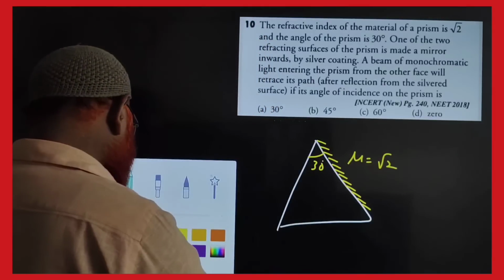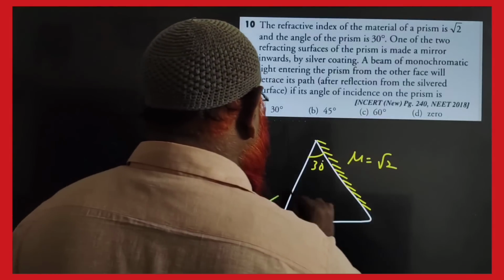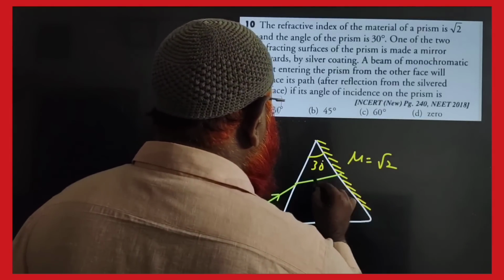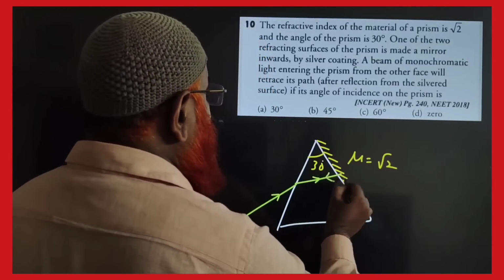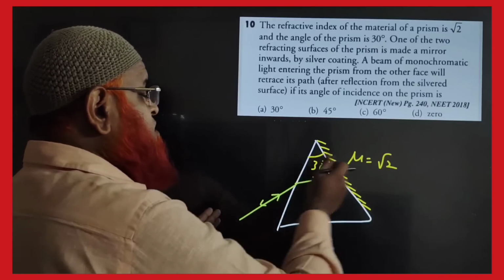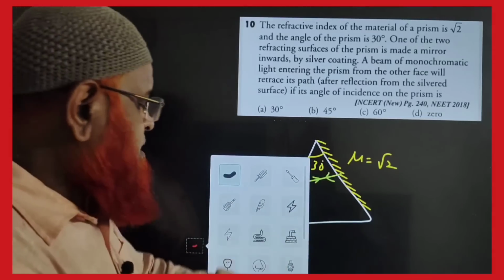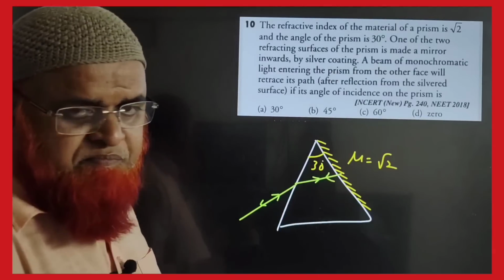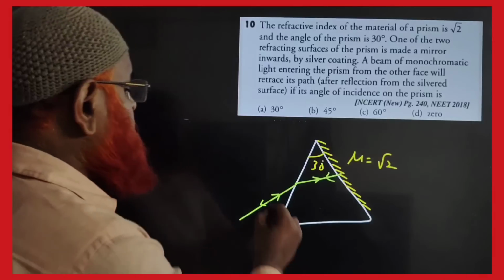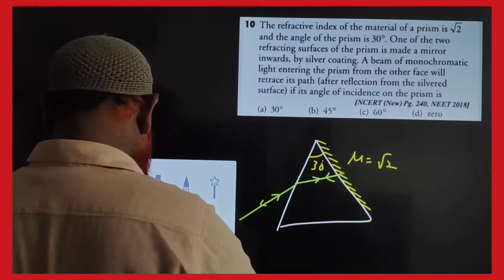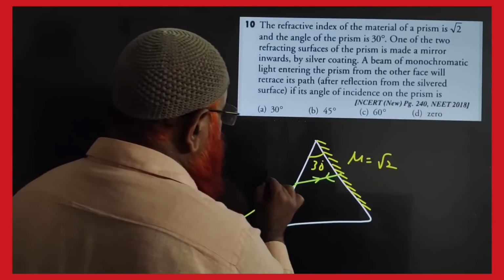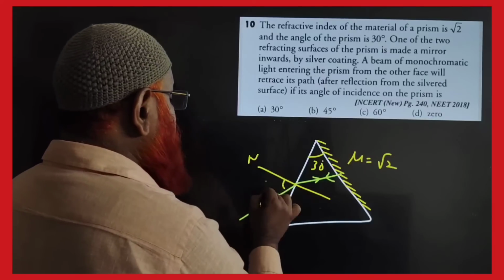What is the meaning of it? Let us see. A light ray goes from here, strikes that side, and again retraces back. It strikes the mirror and returns in the same direction. That is the meaning of it, isn't it? So you can consider this. This is the normal here, no? Normal. Angle of incidence I1,